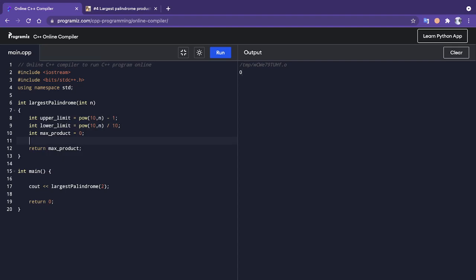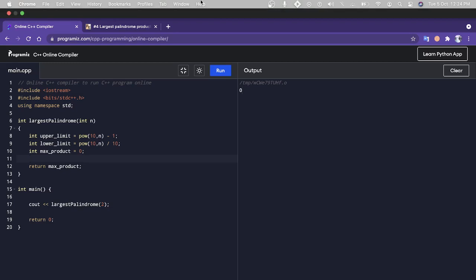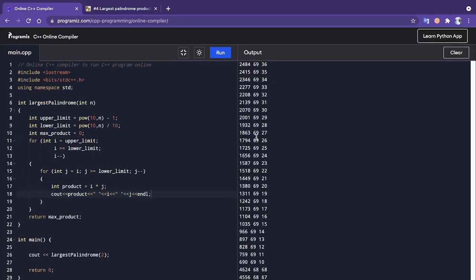Let's go to the logic. Let's write some for loops which will iterate through the limits. Here you can see I have written two for loops. I start from the upper limit, that is, let's say 2 is n, and the upper limit is 99, and the lower limit is 10, and the inner loop will start at i and end at the lower limit, that is 10.